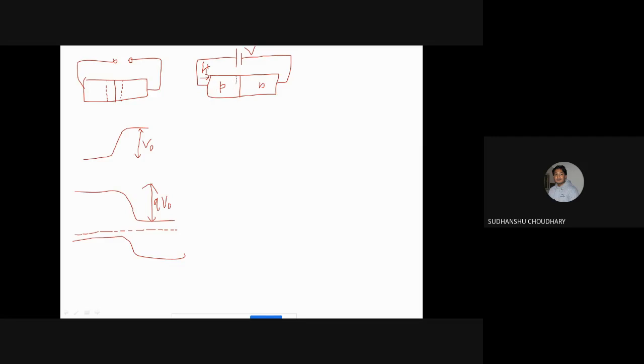And let us say that initially at equilibrium the depletion region was like this, same as this one at equilibrium. So obviously this will also change. How it will change, that we want to understand. So when the bias is applied, that is analogous to saying that the holes are injected into this, and similarly from the negative terminal the electrons are injected into the n-type material. Now we had already said that we have a depletion region here because of diffusion of carriers, and now we are inserting more holes into the p-type region.